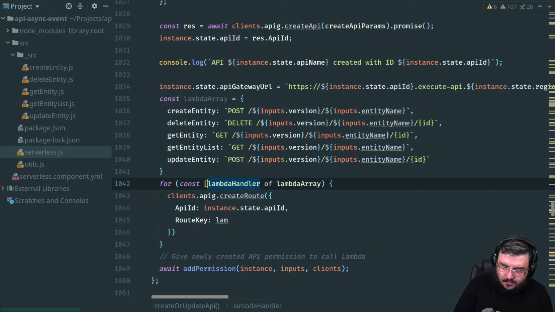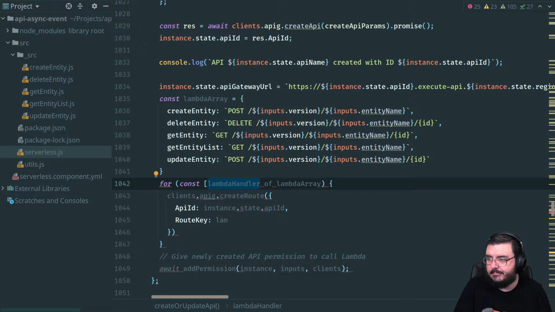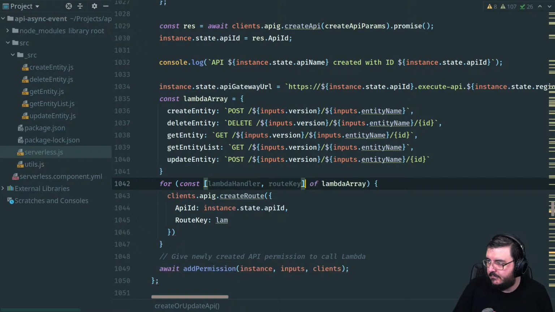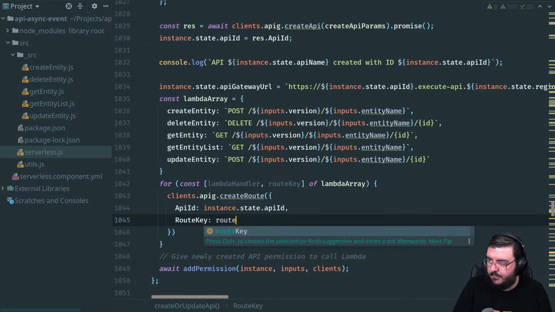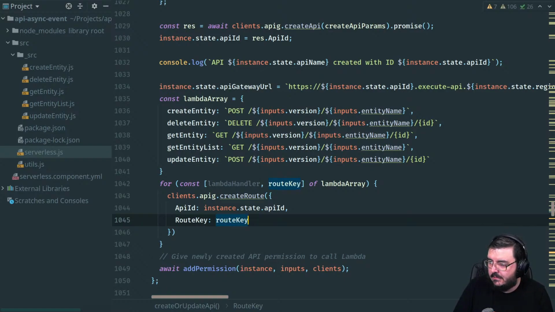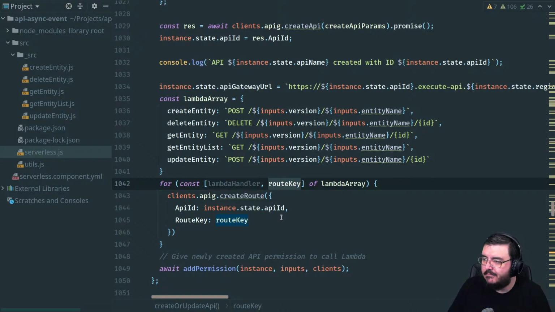Root key, there we go. Thank you. So I'm just ripping out the root key here instead of worrying about it. I hope it makes sense.